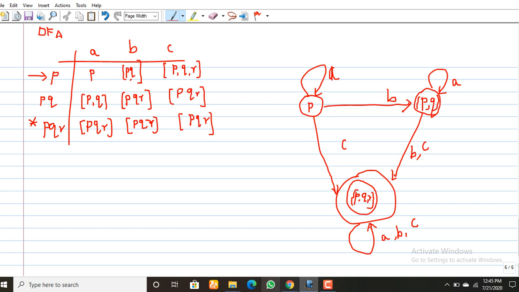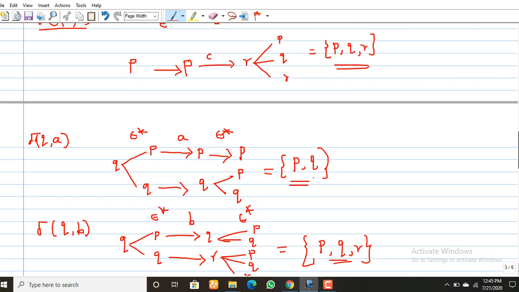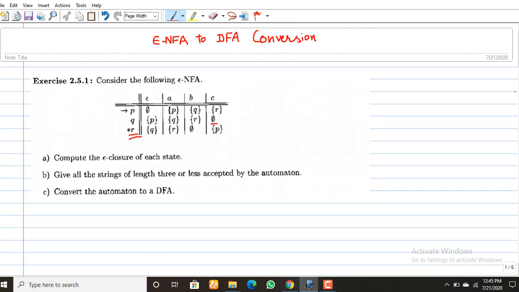Okay. So this is your final DFA from the given epsilon NFA. This is the method of how to convert the given epsilon NFA to a DFA. In your epsilon NFA, the input is a transition table of the epsilon NFA.